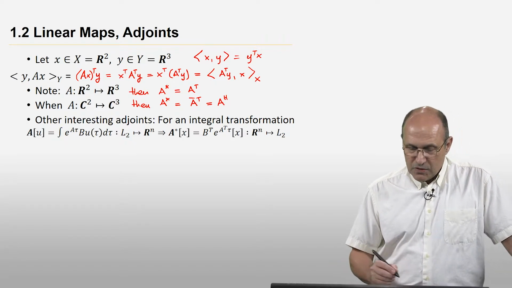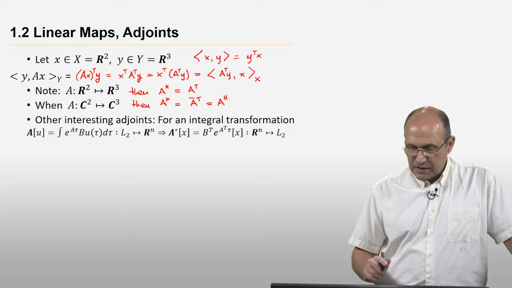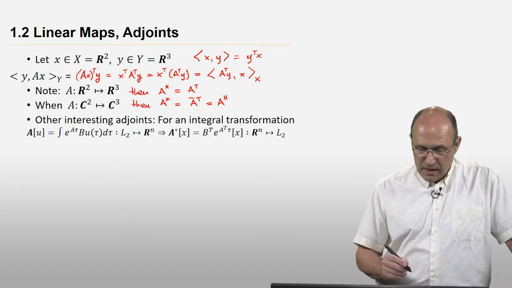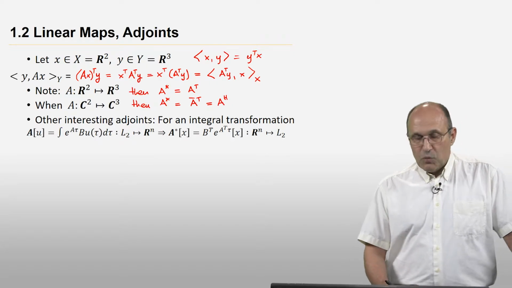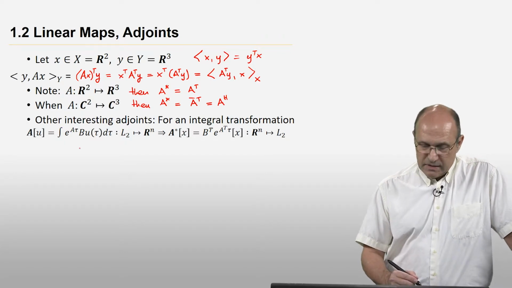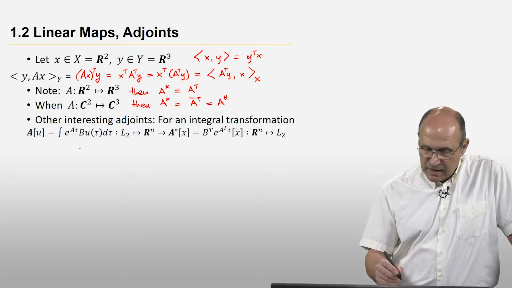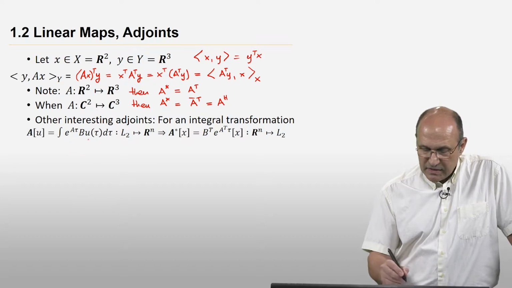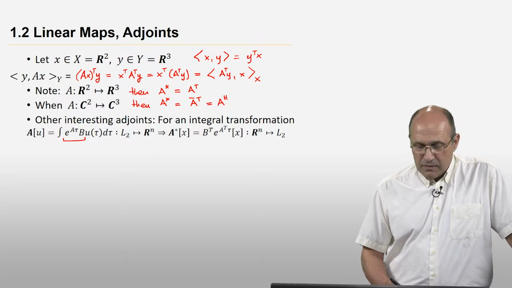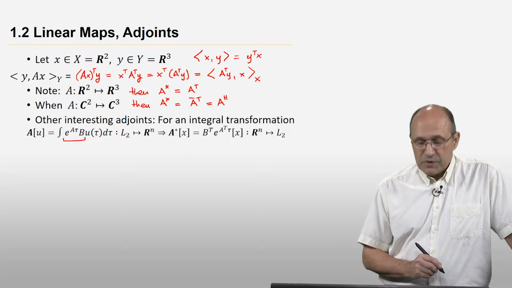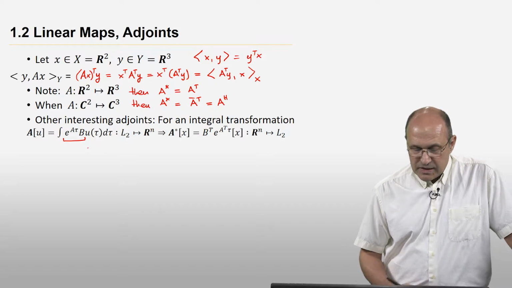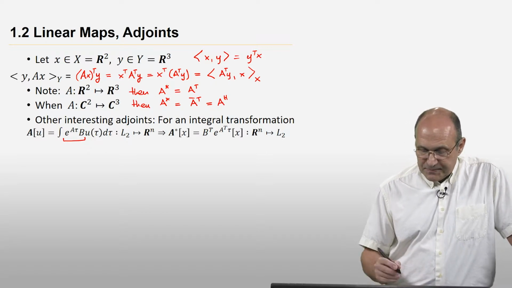Now to draw a little bit of a distinction between inner products and domains and inner products and codomains, I will look at a slightly different map, a more interesting map in the context of linear systems, that which is an integration with a kernel like it's given here. The kernel of integration is e to the At B, and we haven't talked about what a matrix exponential is,